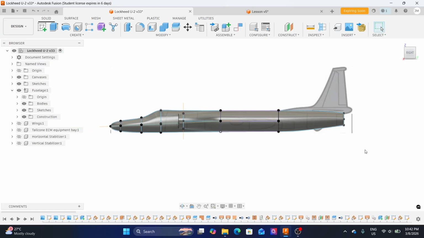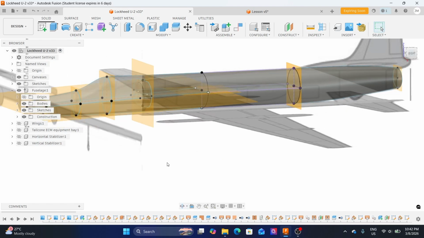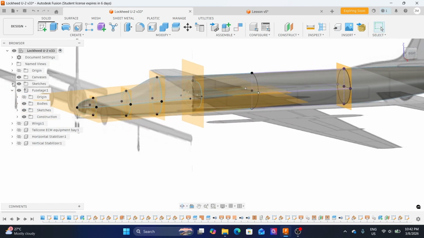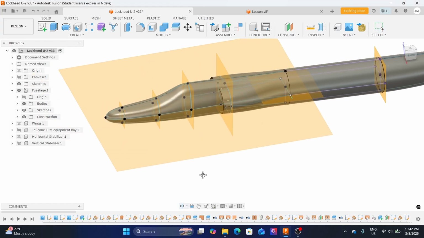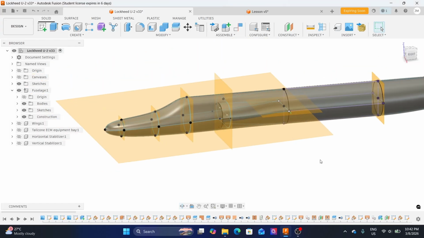We are already done with the hardest parts of the body. The components that we are left with are going to be easier than this. For me, on this particular aircraft, the most complicated part is this section right here. Don't worry, I have already taught you the steps on how to create this,